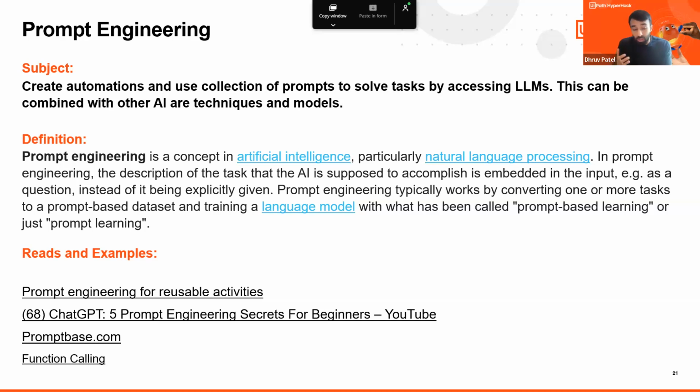There's also capabilities with things like OpenAI where you can do function calling, right? Or you can even specify the specific output. And so those are definitely key areas to look into, really understanding what are the best ways to provide context, to provide enough information and instruction to generative AI models so that it responds back in a way that you can handle and use downstream within your automations.